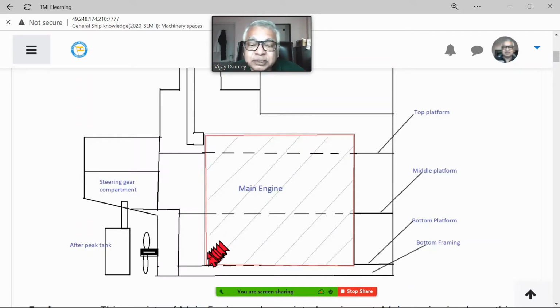Now what happens? The ship has got a bottom, though there are framings, so the engine is bolted on them. That is the bottom, and there the shaft is connected to the engine through a couple of things, thrust block and all. And this is the engine, where this is the cylinder head on top. There is a big long stroke.